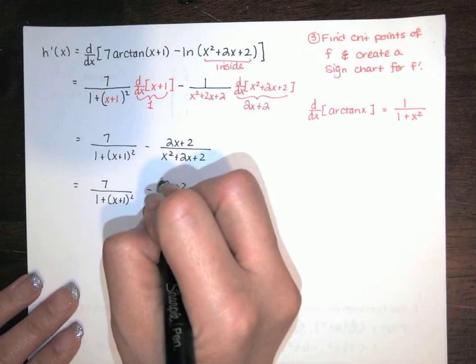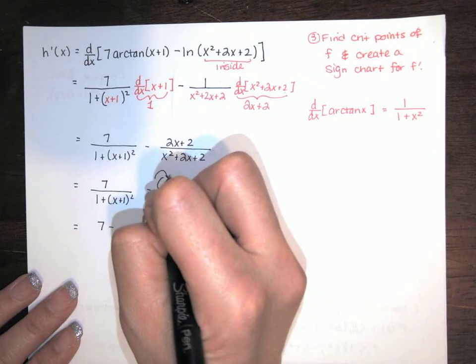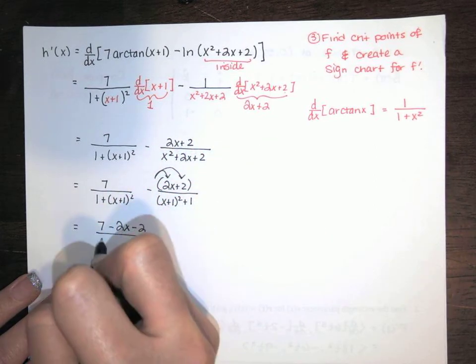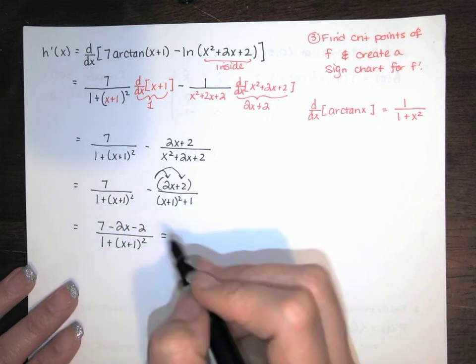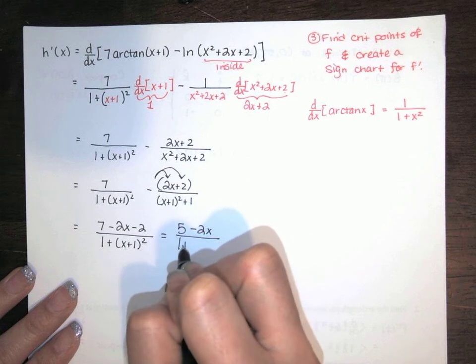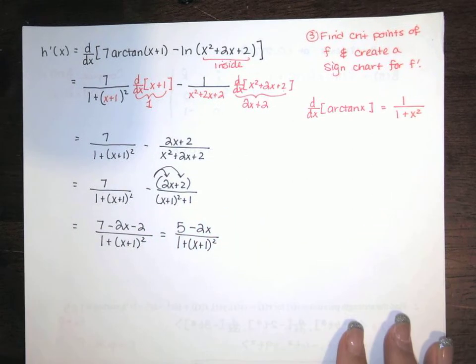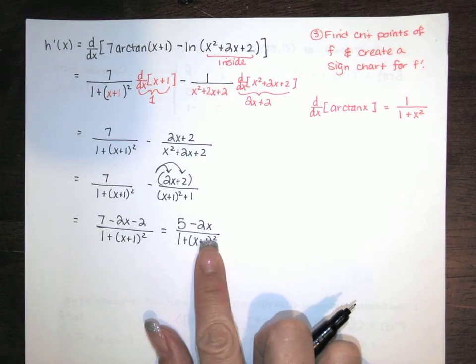Now the denominators are the same, so we can subtract the numerators, distribute that negative to both terms. And that simplifies. In the numerator we've got 5 minus 2x. In the denominator we have 1 plus the quantity x plus 1 squared. Okay. So that's our h prime,